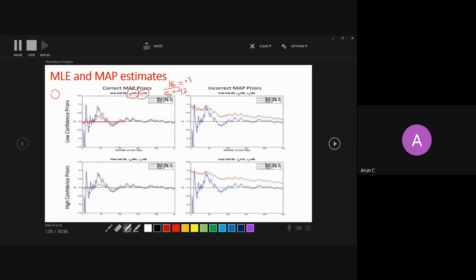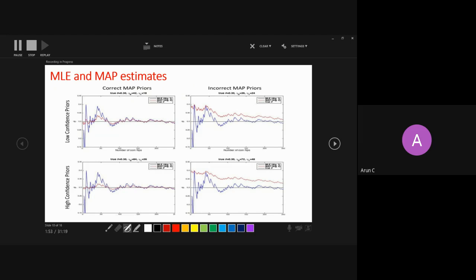You started with, so this blue is a maximum likelihood estimation. So first you got a tail. You said that I am getting a tail with higher probability always. Then you go for the second toss. Then you say that I get a 50% head and tail, and likewise you are just fluctuating. So this blue one is a fluctuating one of maximum likelihood estimation, right?